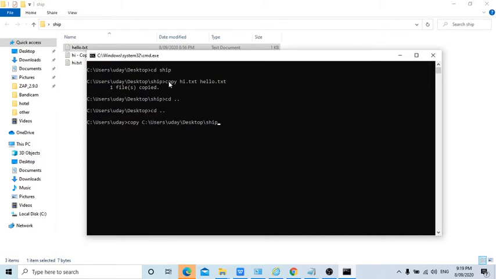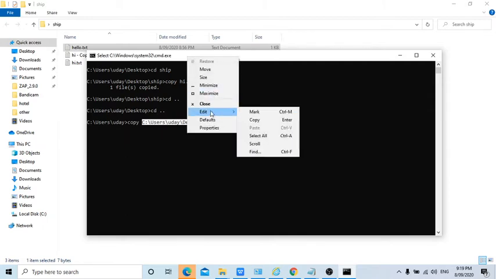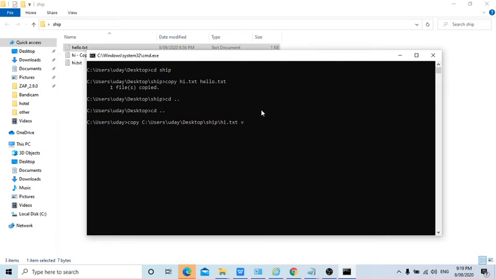Now you know that if you want to execute any command on a particular file or folder, you always need to go to that folder. Now from a different folder, you just have to give the complete path, slash hi.txt. Now the destination, where you want to create that particular file, edit, copy. Now the destination is inside this folder only. Or else if I give desktop, now you tell me, guys, what happens.